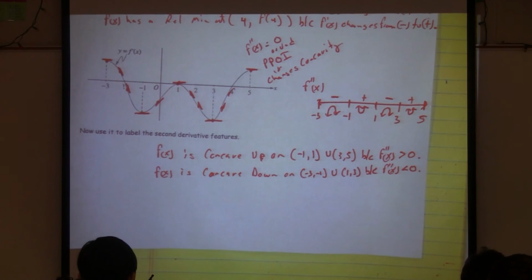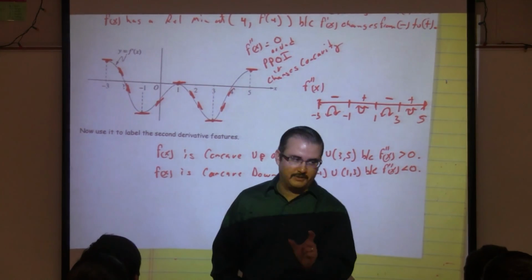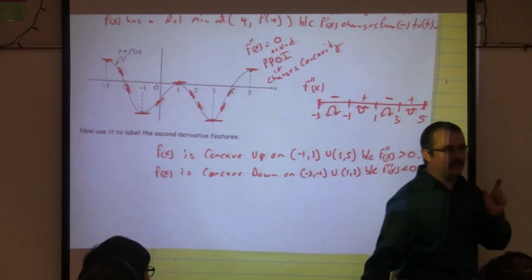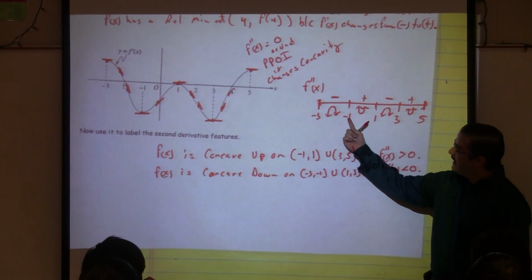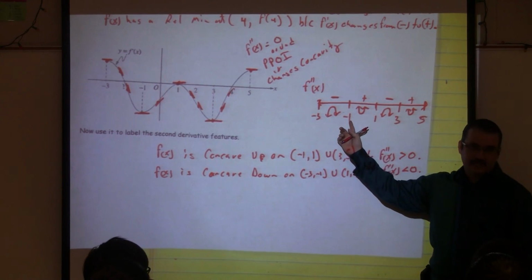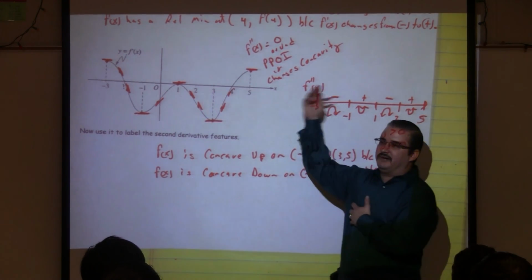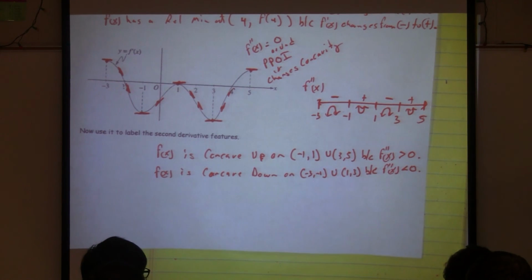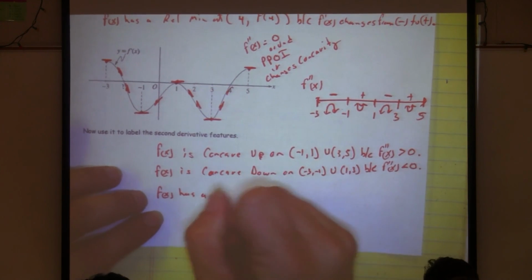On the AP test, you gotta be careful. If they only say, tell me the x value at which a point of inflection occurs, then all you need is the x value. If they say, find the point of inflection, then notice the word that it starts with. What? Point, right? So a point is not only an x, it's a what? A y. So you would have to write the whole point. You would know the x, how would I find the y? Plug it into the original equation, right? They wouldn't ask that in this particular case because we don't know anything about the original graph and I can't look at it and figure it out. Okay? So what would we say? f of x has a point of inflection